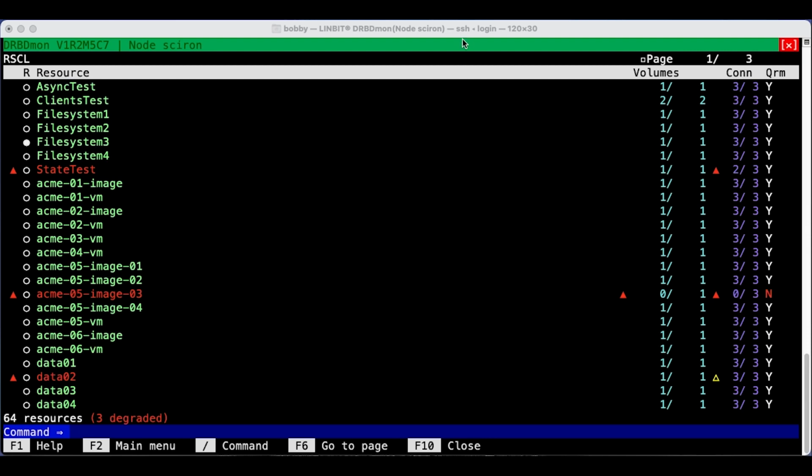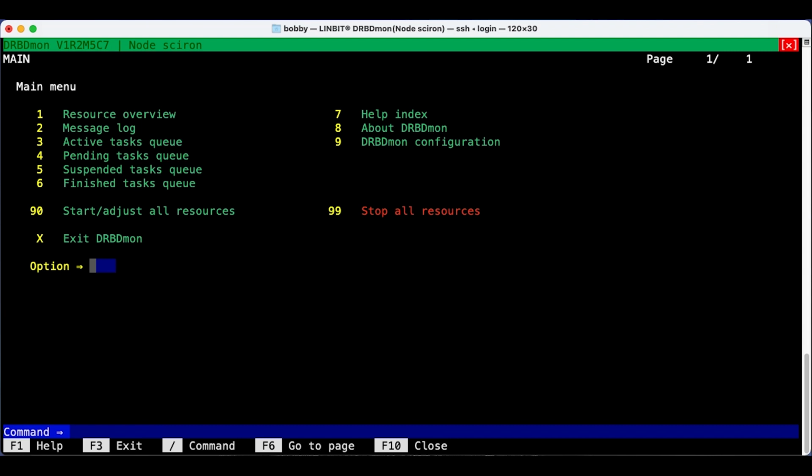Let's look at some of the other displays that are available in DRBDmon. There's a main menu, this one that you can reach by pressing function key 2. And from here you can go to various displays. You already know the first one, the resource overview, that's where we just came from. And then there is a message log, various task queues, and there's the help index, and an about DRBDmon page,